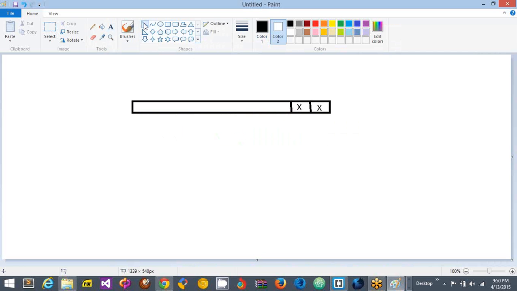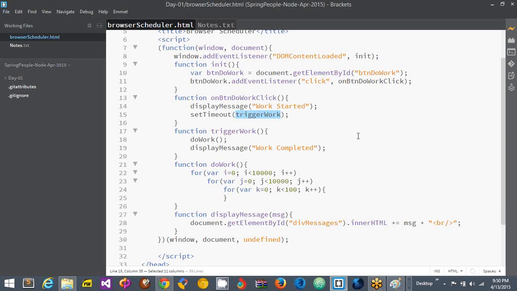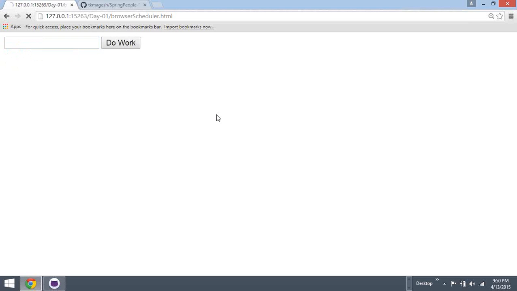So after this part is executed, execute the trigger work, right? You make an entry here. And how do you do that? You do it with the help of set timeout. So now if you look at this, you will find that it prints work started, and then it goes about